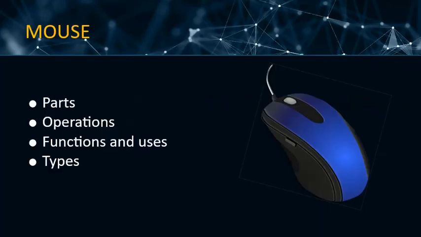As you remember, in our last class, we were learning about the mouse, the different parts of the mouse. Do you remember how many buttons the mouse has? The left button, what does it do? What does the right button do? Do we even need it? And what is the purpose of the scroll wheel? You learnt about the different operations which the mouse performs. What are the functions and uses of the mouse?